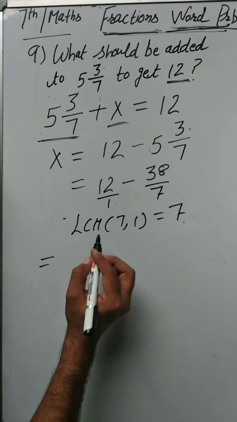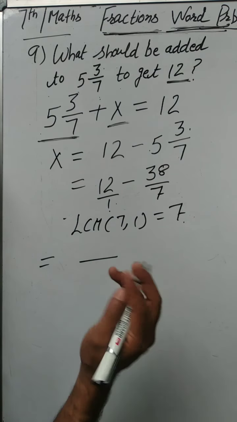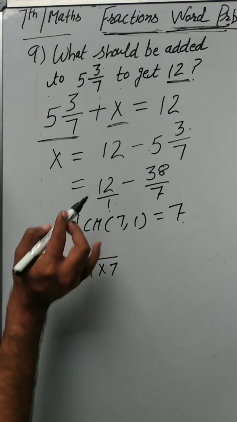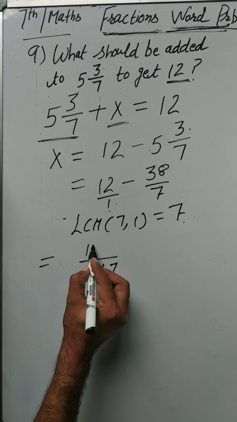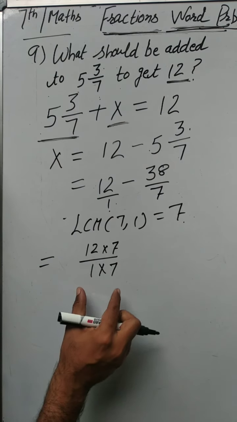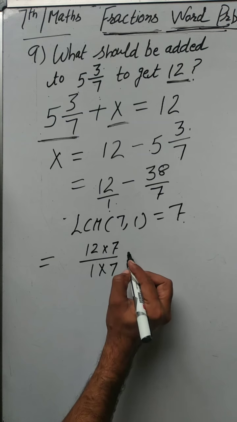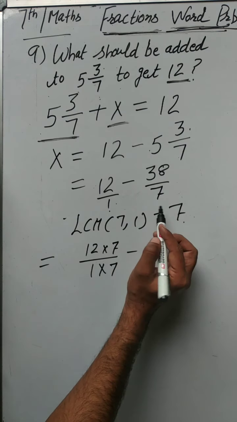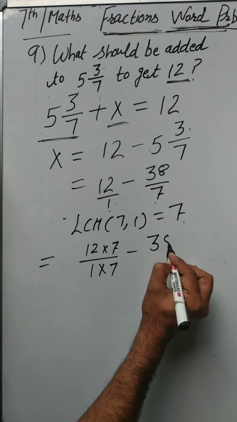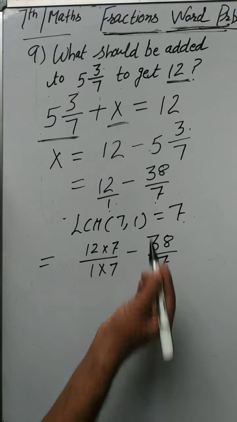Okay. Now beta, look here, in the first fraction the denominator is 1. I want to change 1 into 7. So 1 multiplied by 7. Similarly beta, 12 also multiplied by 7. Keep in mind this step. With whatever number you are multiplying the denominator, with the same number you have to multiply the numerator. And in the second fraction, the denominator is already 7. So keep it as it is. Understood beta? Because the denominator is already 7.